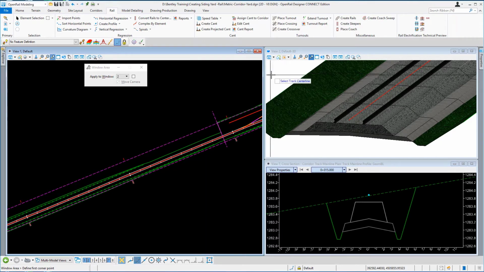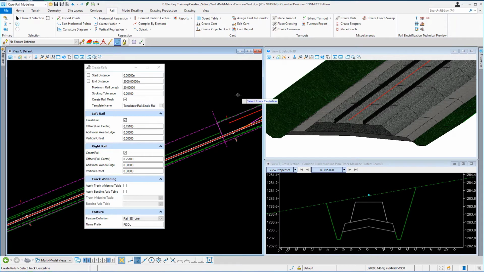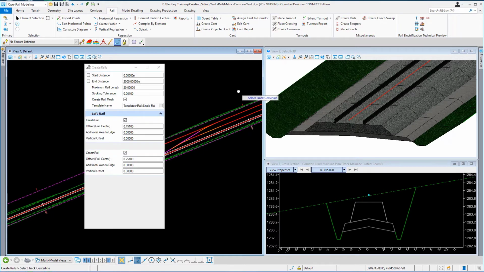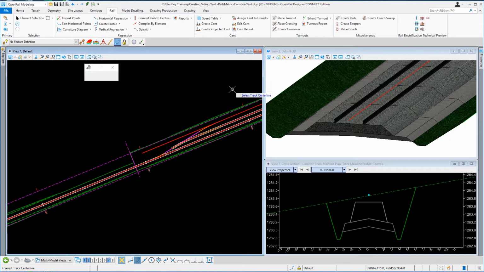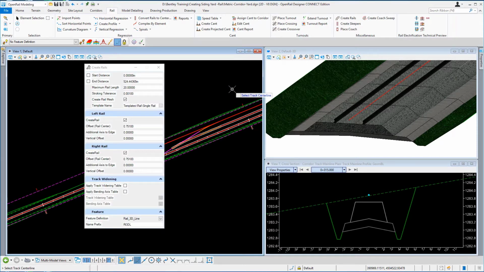So select track center line. So I'm going to select track A, reset for the active profile, no cant, so again reset, Alt to lock it to the start, Alt to lock it to the end, and let it process. I'm now going to do siding track B. Same process, reset, reset, Alt to lock it to the start, Alt to lock it to the end,